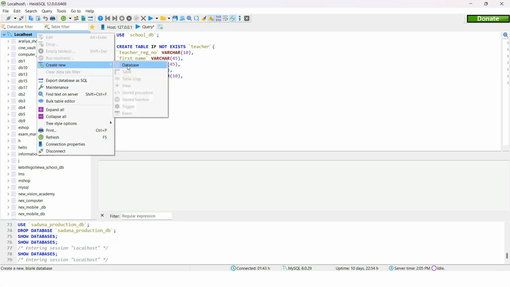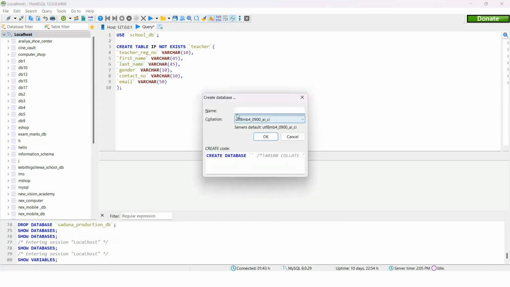From here we can create this database. After that this window is going to pop up. In here we can insert our database name, and then in here you can see our actual code that is running behind this screen. So after entering the name we can click on this OK, and